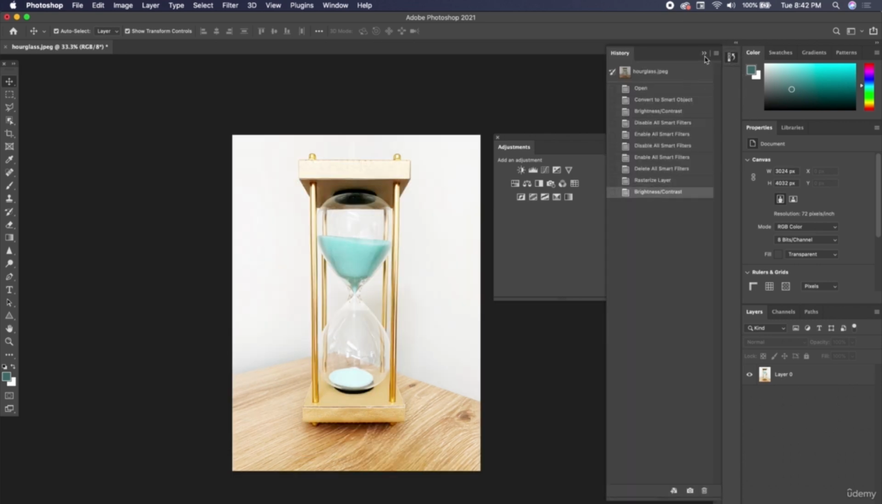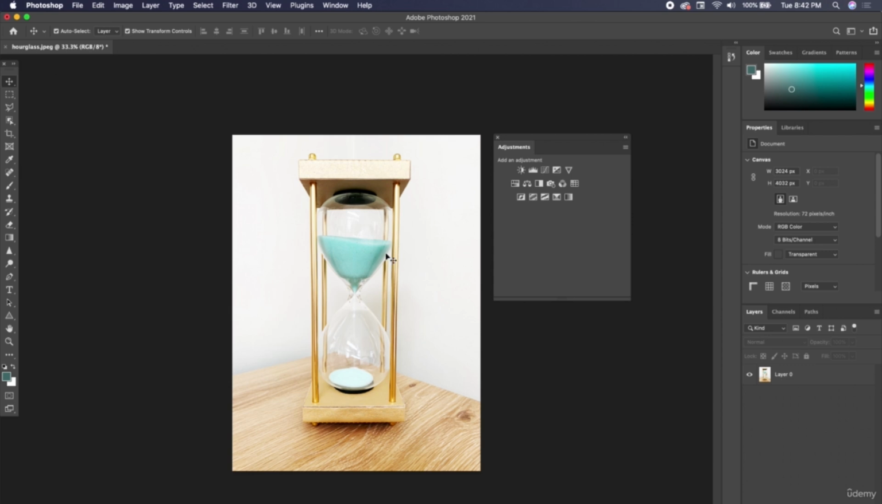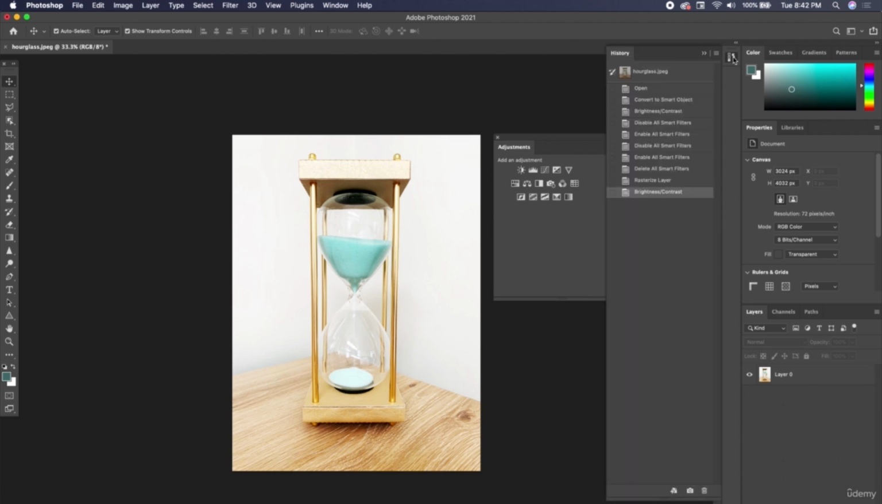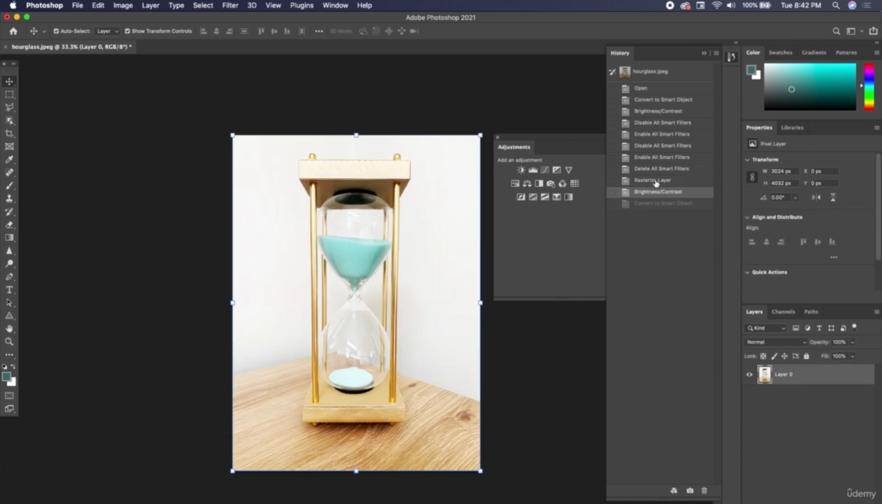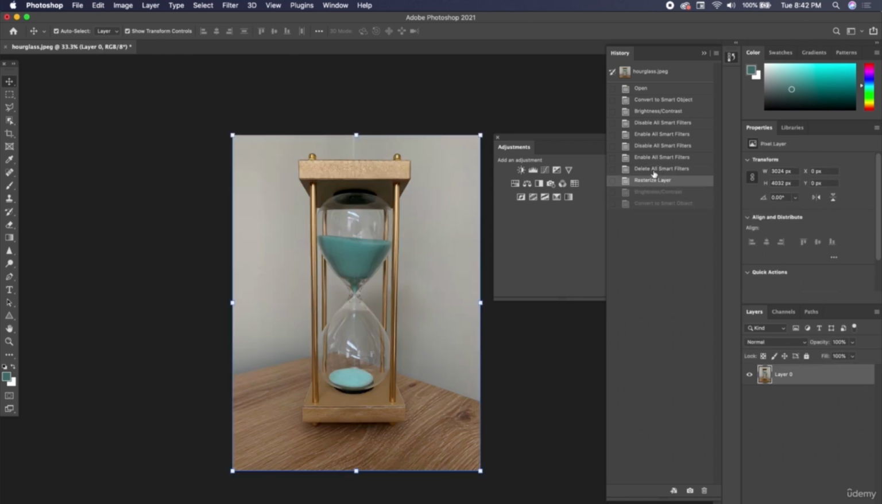But let's say I've already done 5 other edits to it. I changed the color and sharpened it and did several things. I have to go all the way back to this step if I wanted to change or adjust anything. So let's go back in our history panel to right before we rasterized the layer, and now it's back as